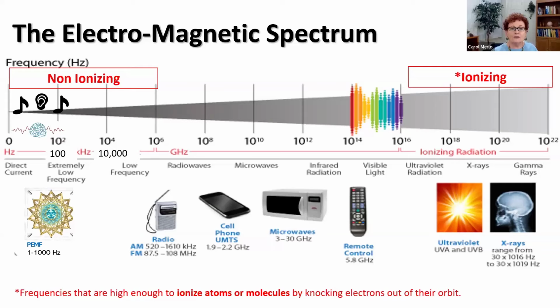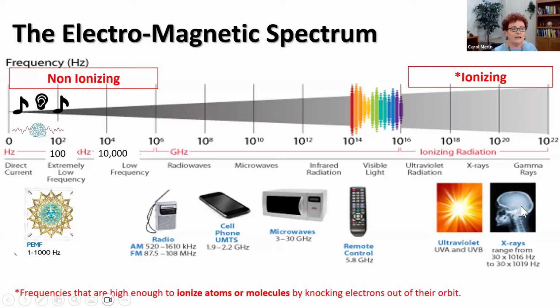And there's two types of impacts of frequencies on the physical body, on the cells in particular. On the low levels, it's called non-ionizing, which means that the electrons are staying in their little orbit. They're just behaving fine. Then you get up here past the visual, that color thing here, that's the visual. And when you get past that, you're into radiation.